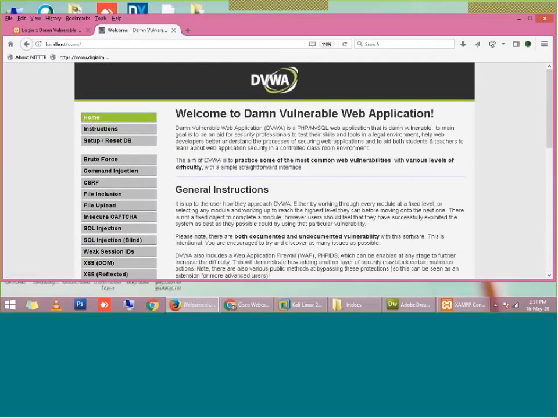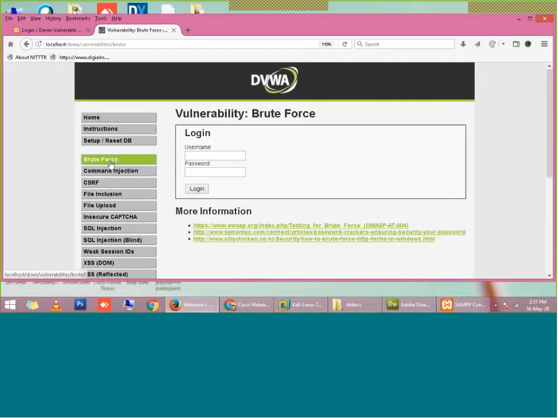The first attack which is listed in DVWA is the brute force attack. You must be aware what brute force is. A brute force attack is a hit and trial method. If someone knows the username and password, then he will definitely be able to log in. Like I want to log in with the username admin and password is password.